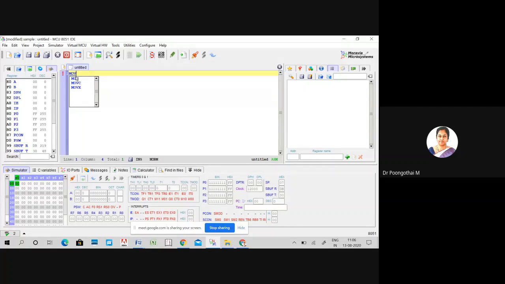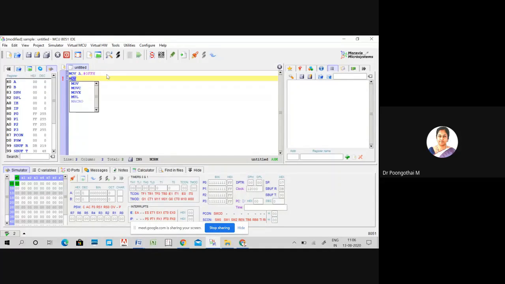MOV A, #0FFH. This H represents a hexadecimal number. The purpose of this instruction is that I am moving 8-bit data, that is FF, to the accumulator.